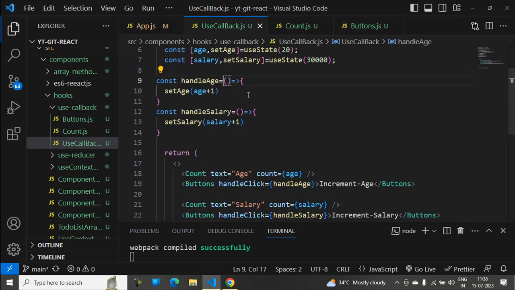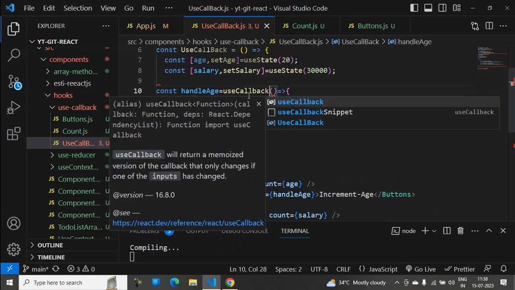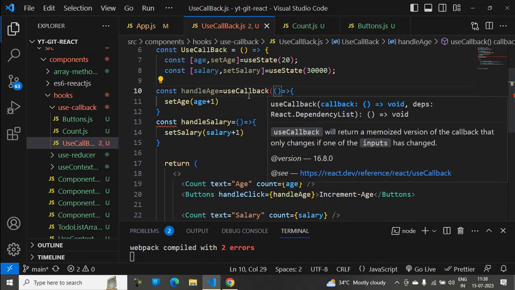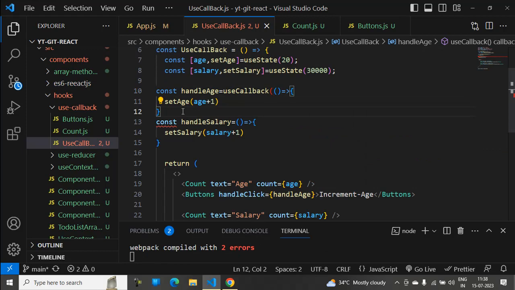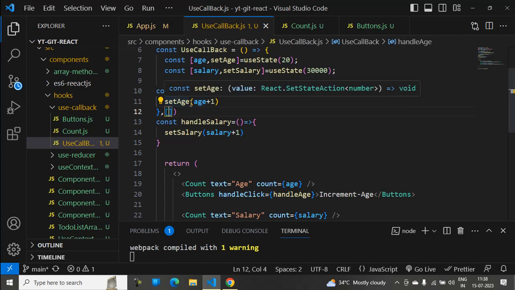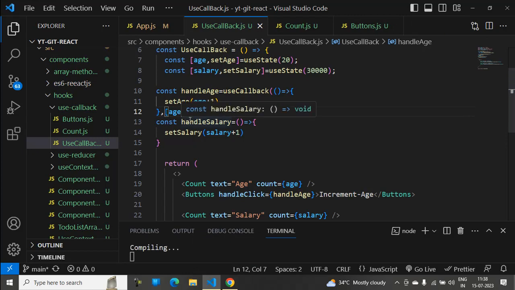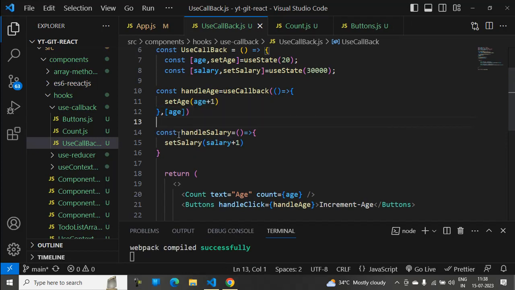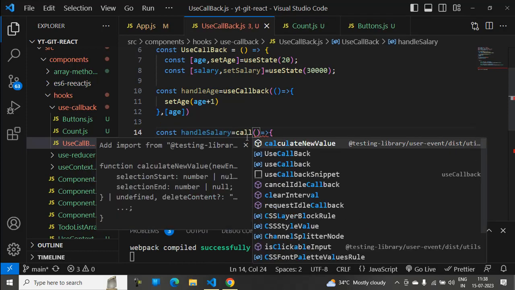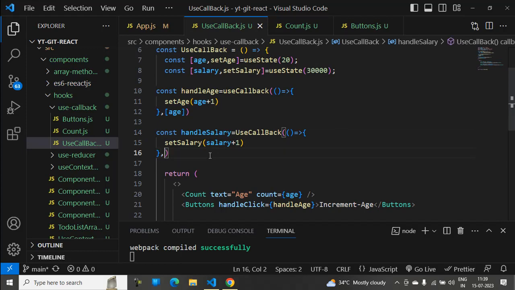useCallback here, at the end we'll close this, and here we should use a dependency array, and what we are increasing here is that we need to mention in the dependency. Then like this, for this also callback function, open and close this, and here also let's use a dependency array here, that is salary,